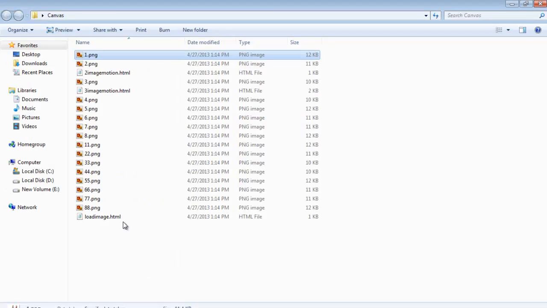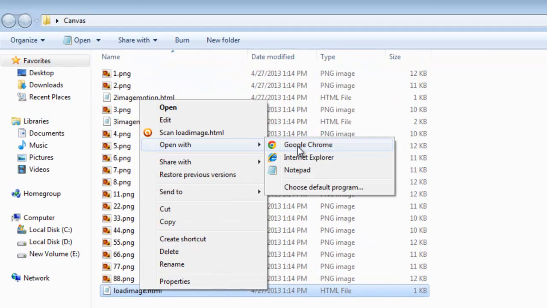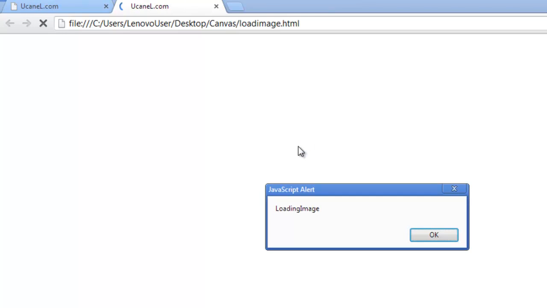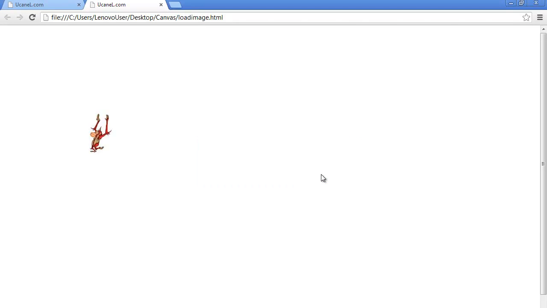To run the code, we just have to simply open it in a browser. So I'm rendering it in Google Chrome. We got an alert. Why did we get this alert? Because the image is getting loaded, and as soon as the image gets loaded, we get an alert. After that, our image is being rendered successfully. Now we gave a position 192, 192. That is actually from the top corner.